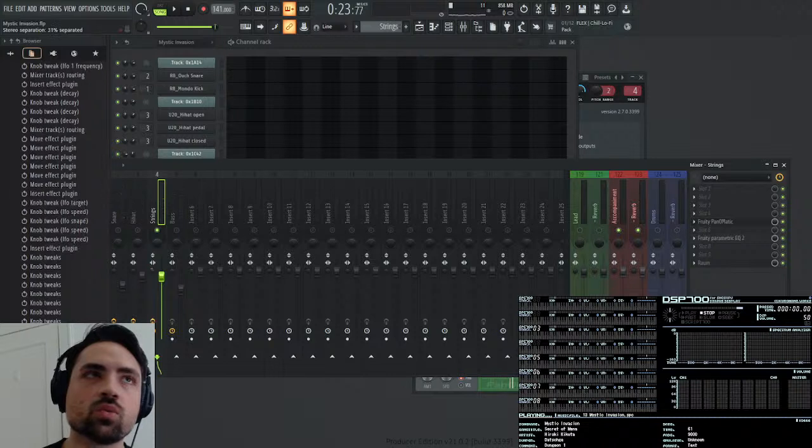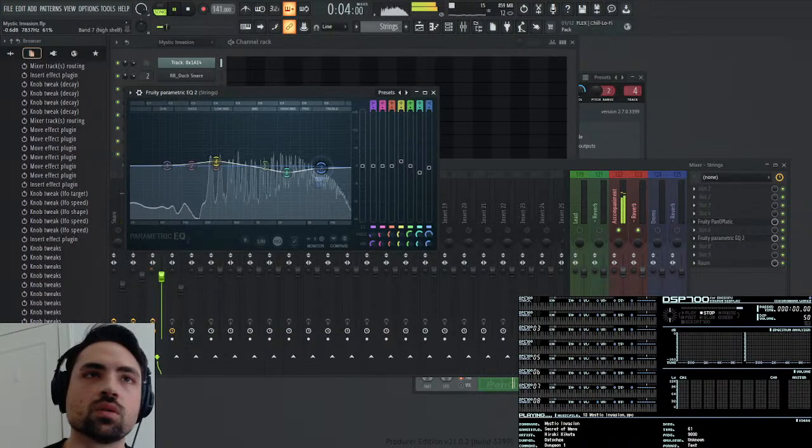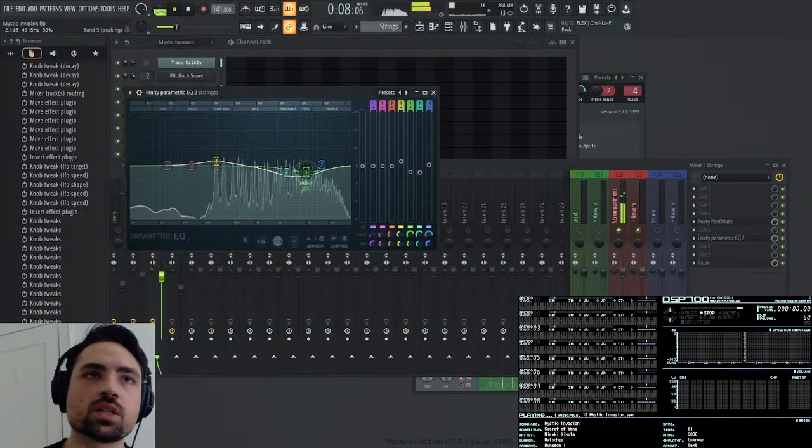Let me give it like 30% stereo separation. Let me also take down the presence a bit.